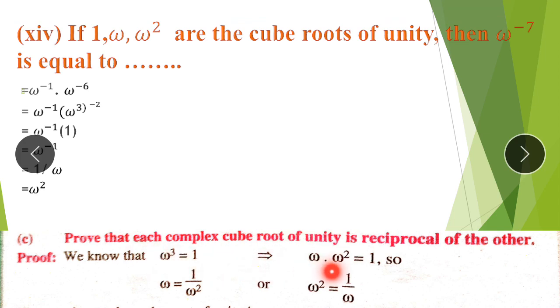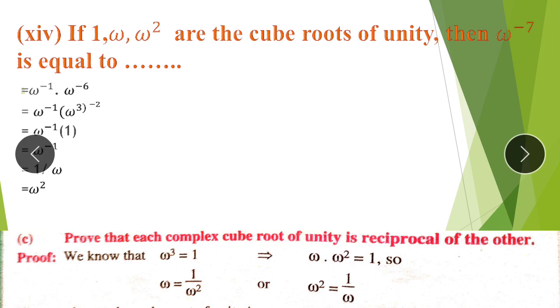If you will break up this omega cube into omega into omega square, now if you will write omega here and if you will shift this one, it's being multiplied, so it will get divided. If you just leave it here and if you just shift this to that side, it will get divided. So if you want 1 upon omega, instead of this you can write omega square. If you want 1 upon omega square, you can write omega instead of this. This is just to check your concept, otherwise nothing more than that.